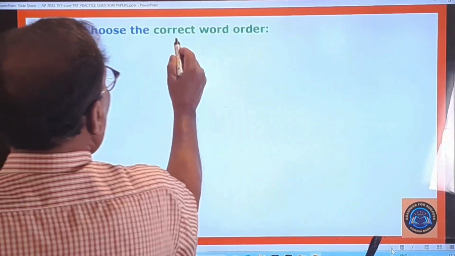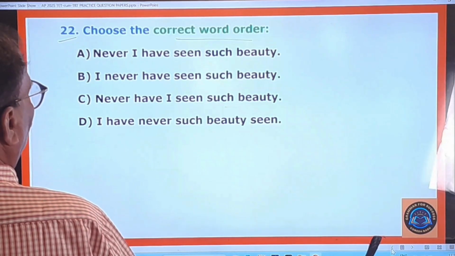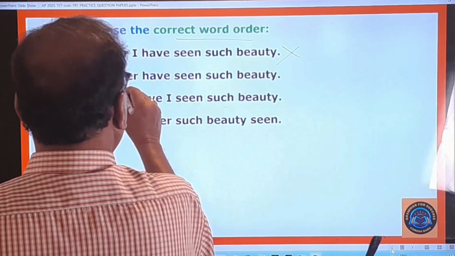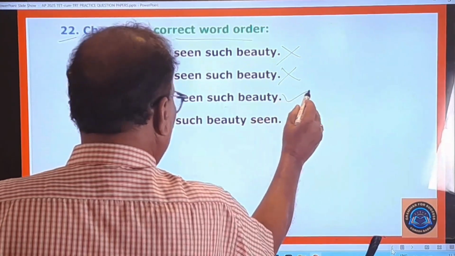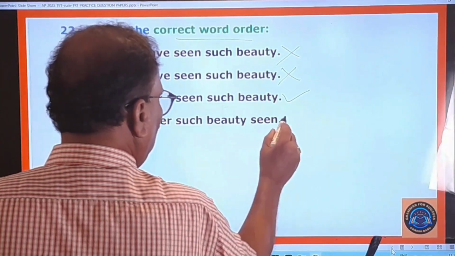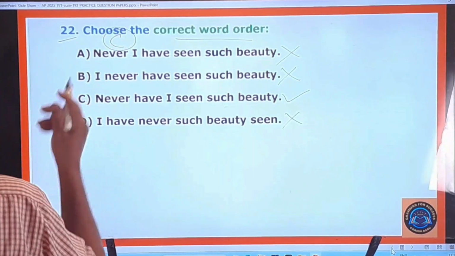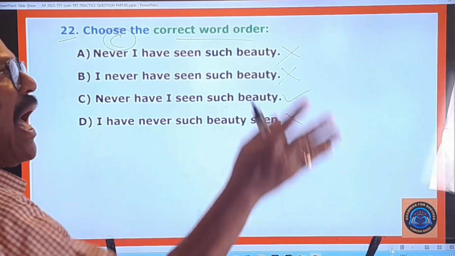22nd question. Choose the correct word order. What is the correct word order? Here you pay attention. Never I have seen such beauty. Wrong. I never have seen such beauty. Wrong. Never have I seen such beauty. Right. I have never such beauty seen. Wrong. So here this C is only the right one, because whenever you begin a sentence with a negative adverbial,